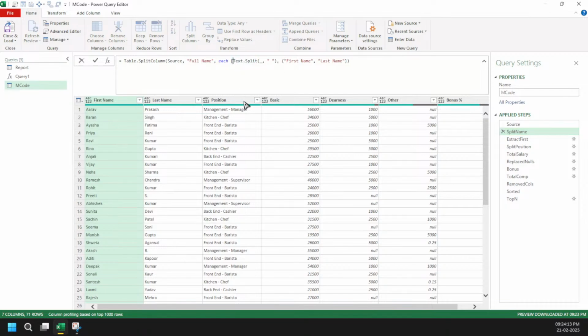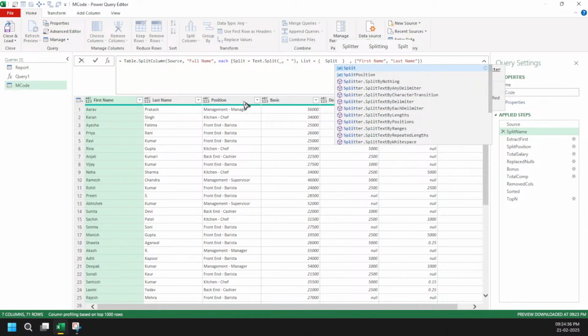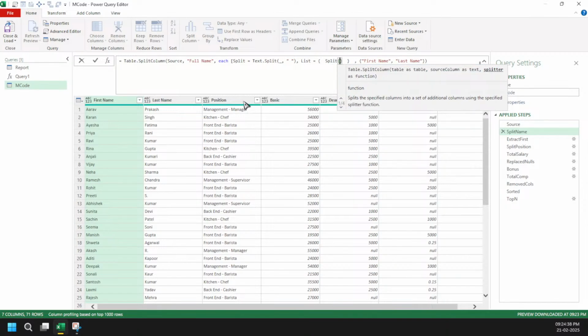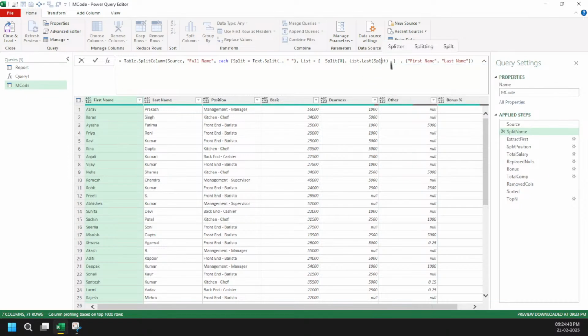I am going to use my records approach. So I'm going to say this is my first step. That is, I'm going to split everything. Then what I'm going to do here is fetch my first value and the last value. Because I want my output in list format, I start my list and then say split value, my first value, you can say the index value, and then list last, and that will be my split value, right? And that's it.